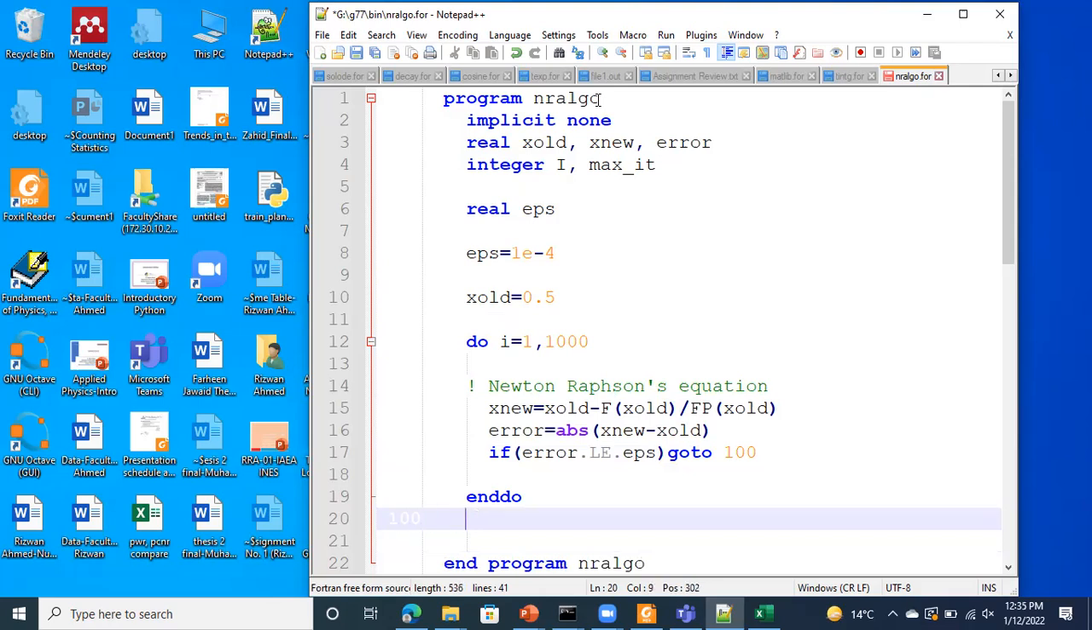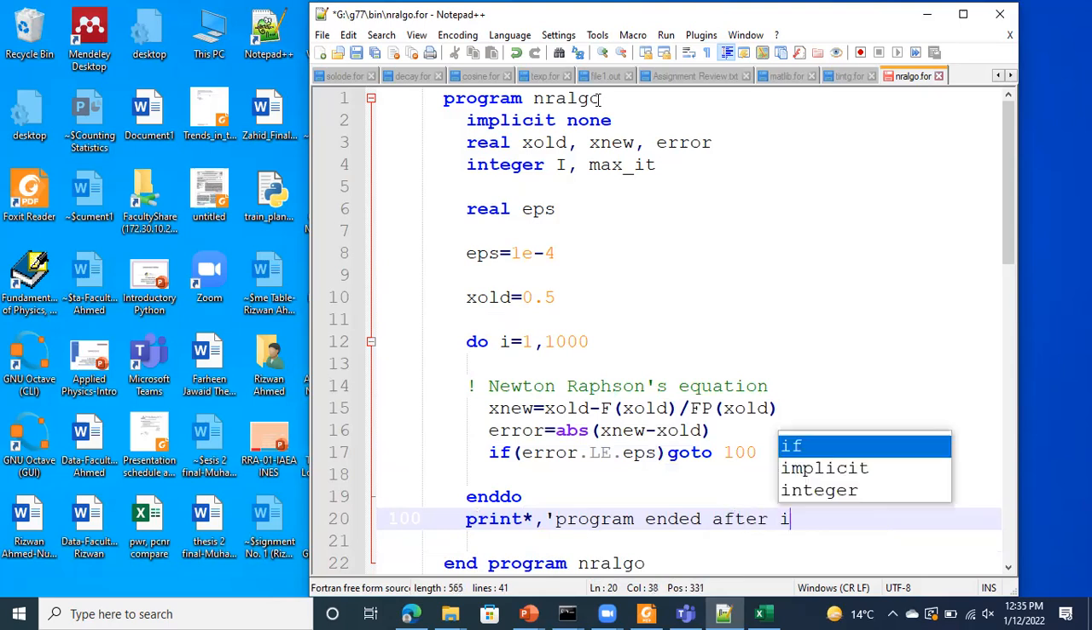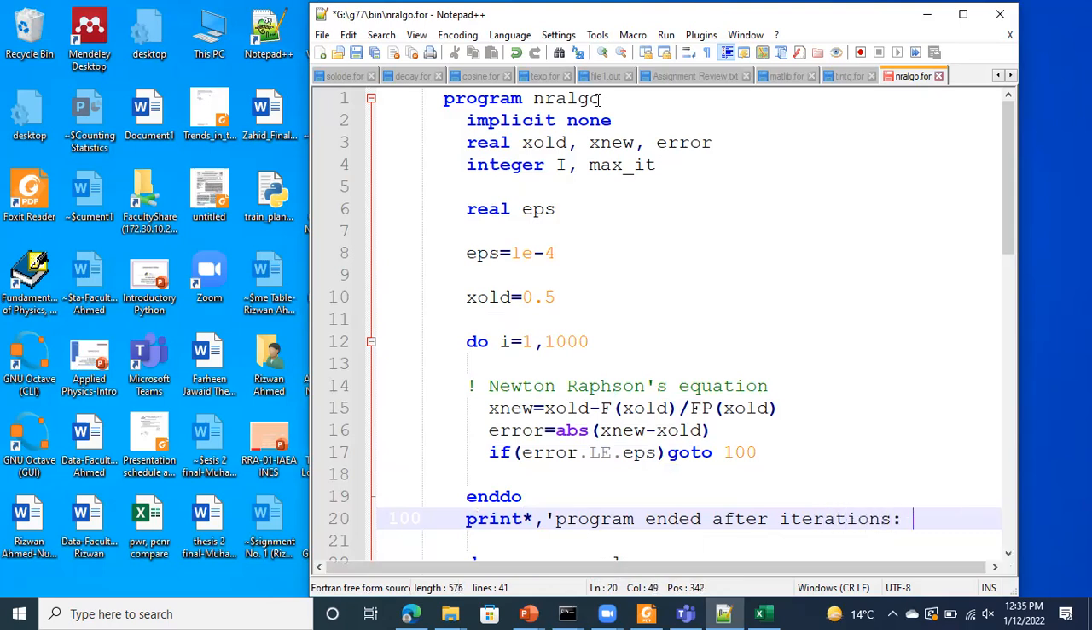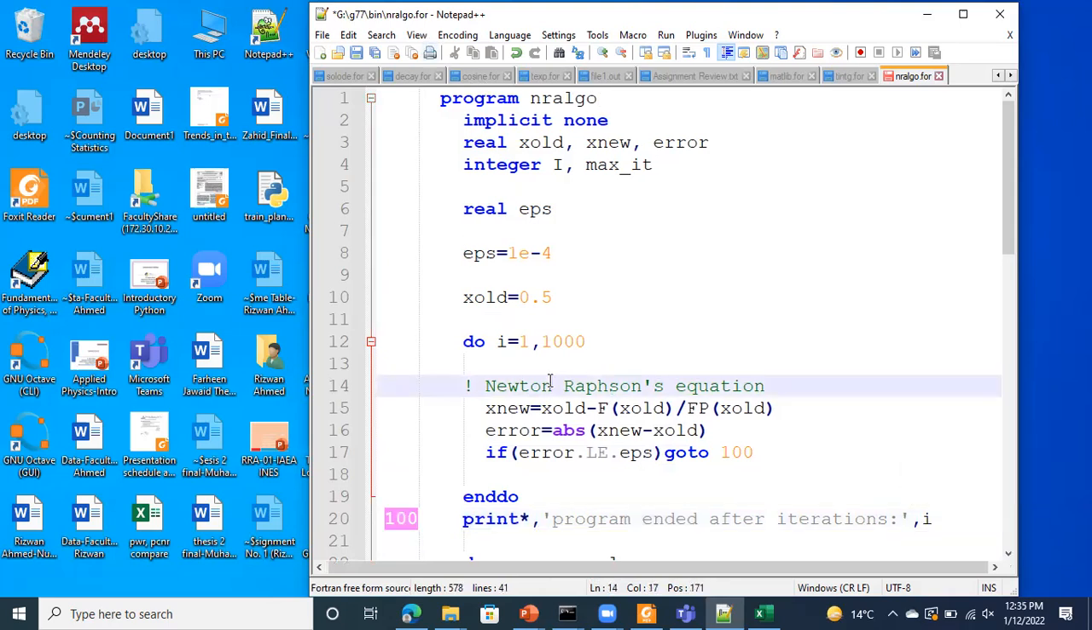So here I write a print statement: program ended after iterations. So how many iterations after it has ended? It is the I iteration. So far it is correct, but let's add some print statements so that everything appears as we have seen in